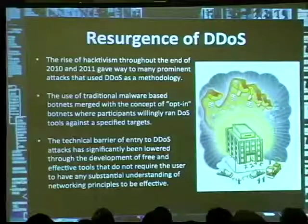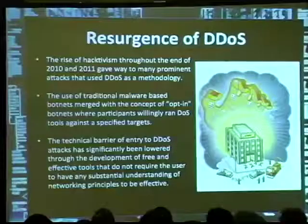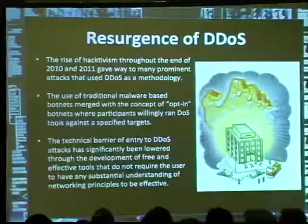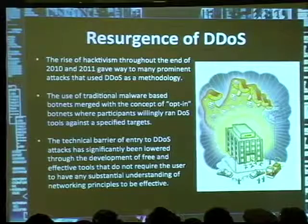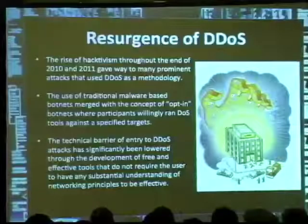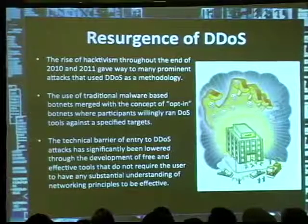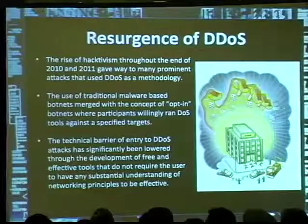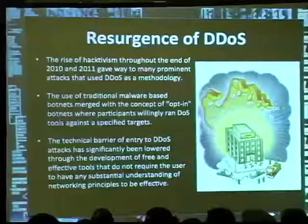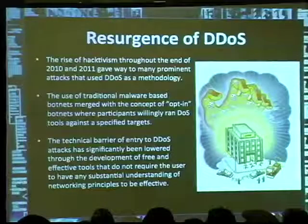And there's been a resurgence of DDoS, distributed denial of service. It has become more prevalent within the last 2 years, mostly due to the rise of hacktivism causes and various global movements that are using DDoS as a protest tool. The use of traditional malware-based botnets that conducted DDoS, things like Dirtjumper, or those old school IRC botnets that do DDoS attacks, merge with the concept of opt-in botnets. And those are tools we'll be going into, like the high orbit ion cannon and the low orbit ion cannon,